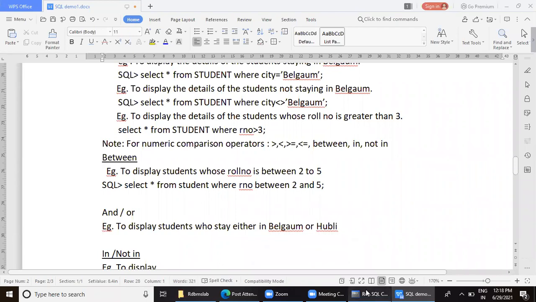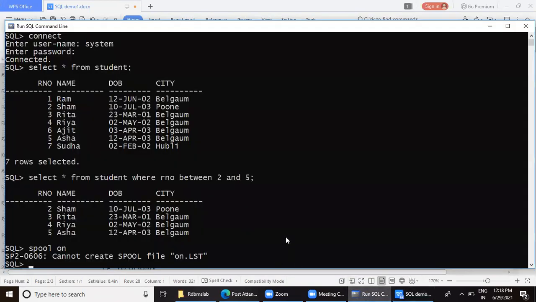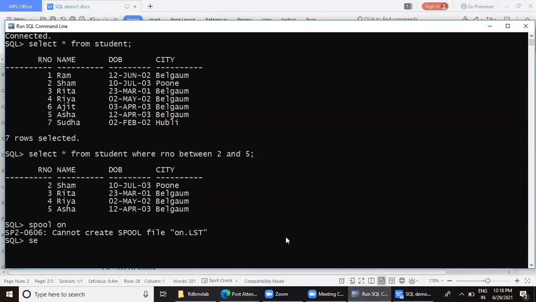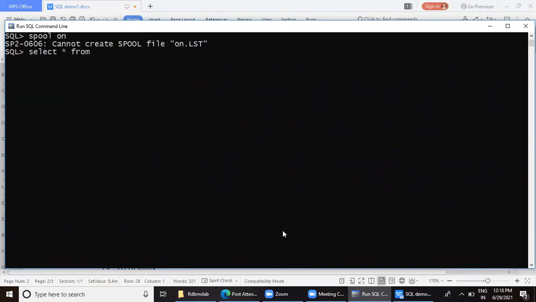I will directly type the answer here. Select star from student where city is equal to